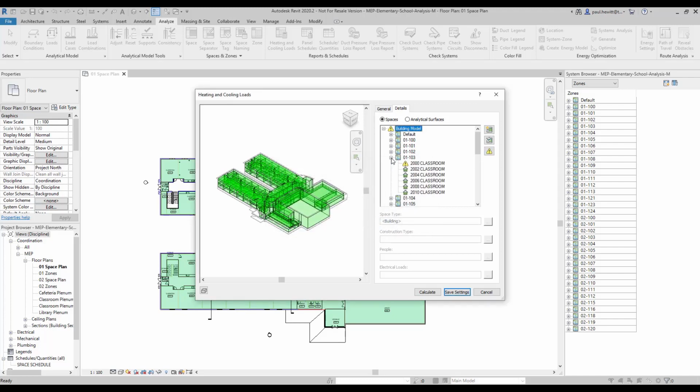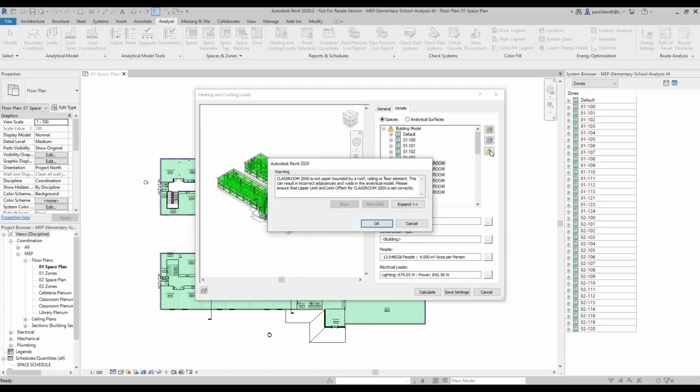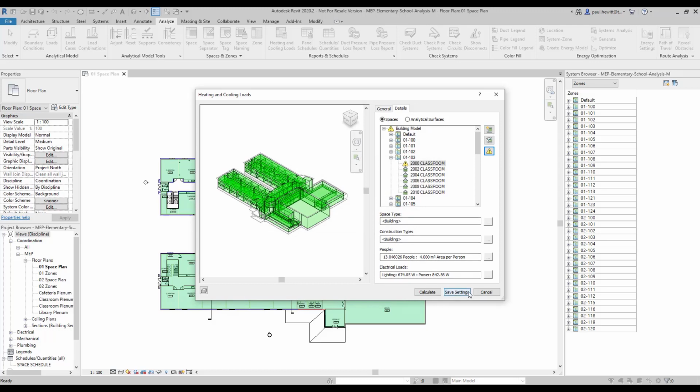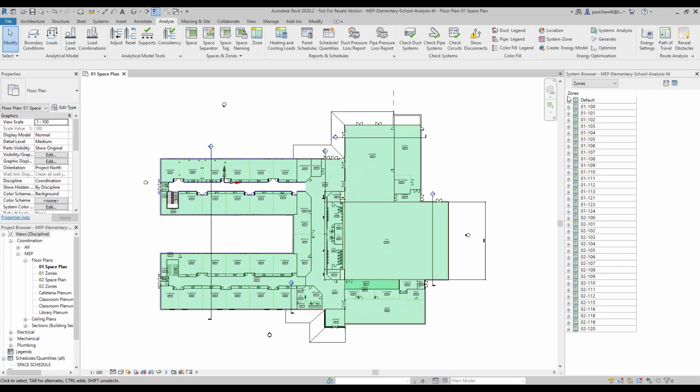We'll also be able to see warnings indicating other areas, in this case room 2000, and it has a problem with the ceiling. It doesn't have a bounding ceiling representing that particular space, so another area will have to change. So in this case I'm just going to save settings, and we'll move out to replicate some of the problems